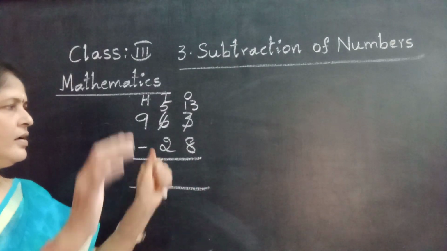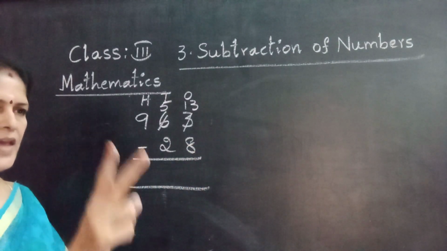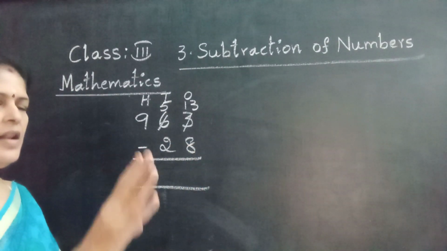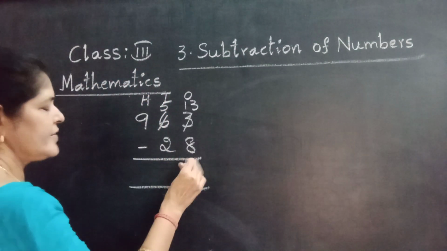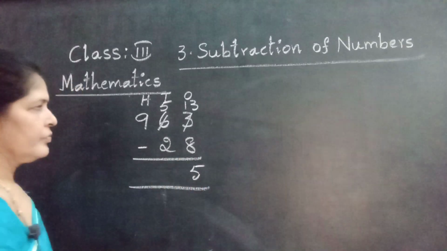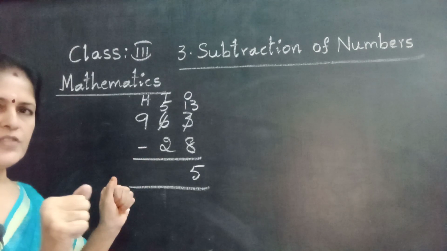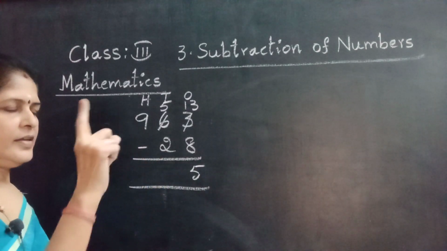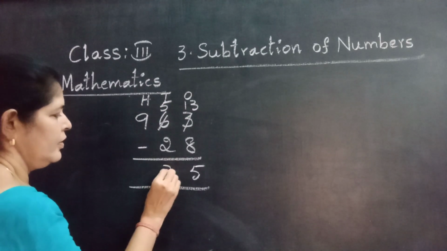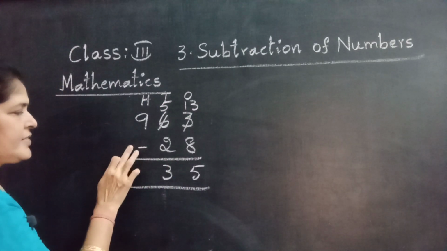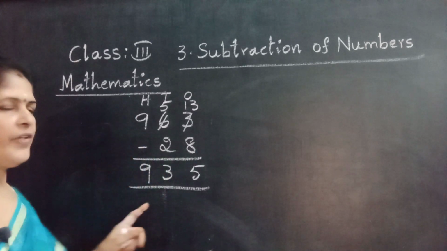Come on, start. Close fingers. 8 after 9, 10, 11, 12, 13. How many fingers? 5. 13 minus 8, 5. Now tens. 5 minus 2, it is possible. Close fingers. 2 after 3, 4, 5. 3. Now here there is no hundreds place number. Then bring down 9. Now the difference is